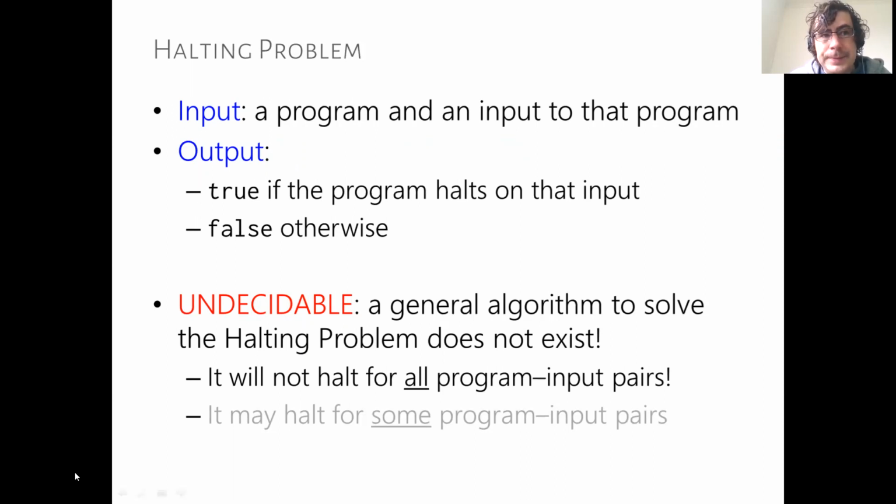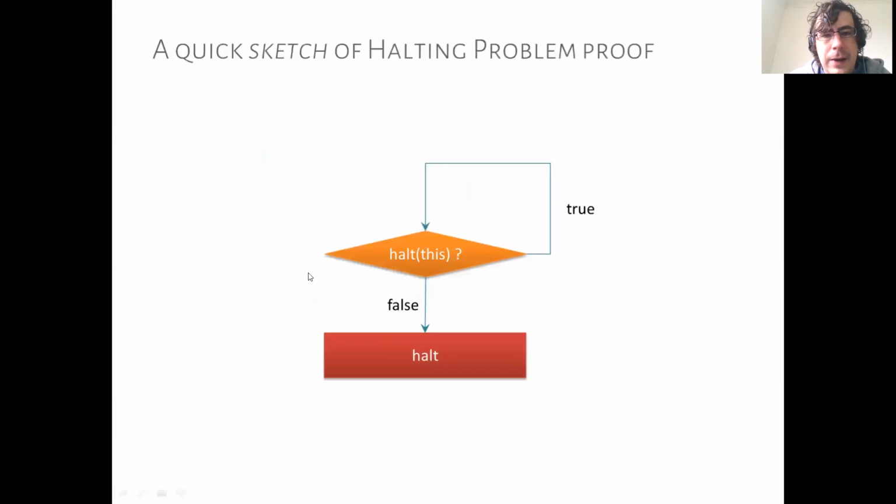So the question is, is there some clever way in which, for those sorts of cases, we can implement something to check whether or not a program halts or not? And the answer is no, there is no clever way to do that. And how this is proven, just as a sketch, is that if we had a solution to the halting problem, like a function halt, we could create this tricky program, this tricky code that uses this function.